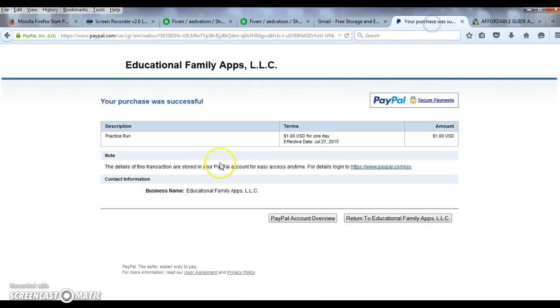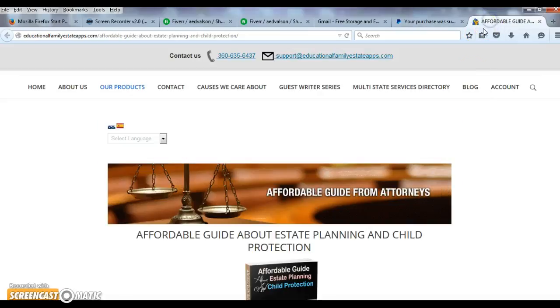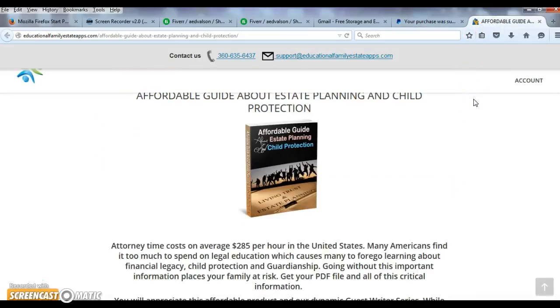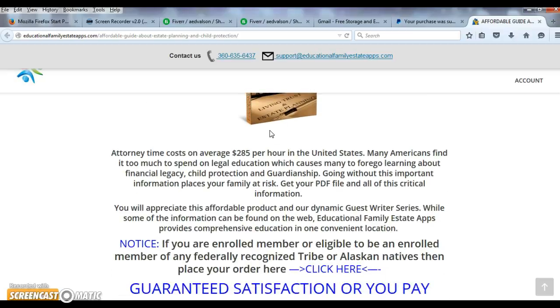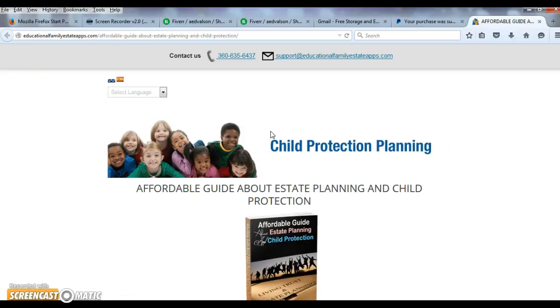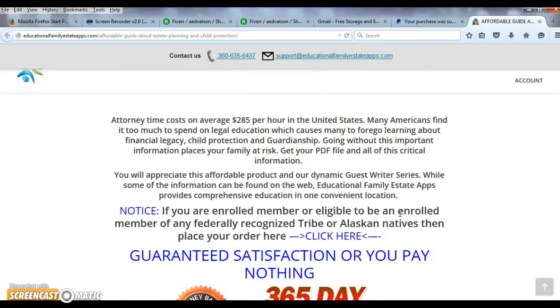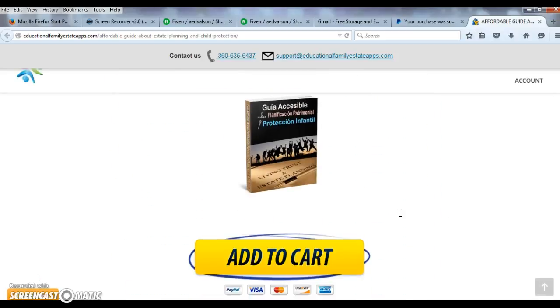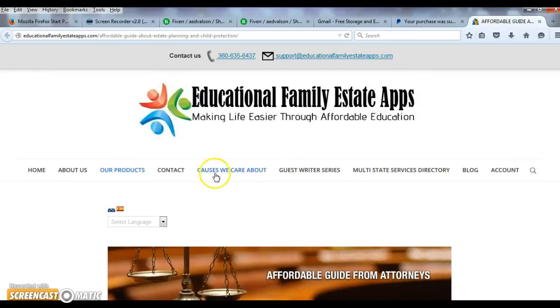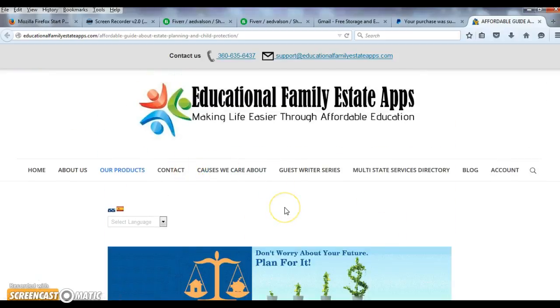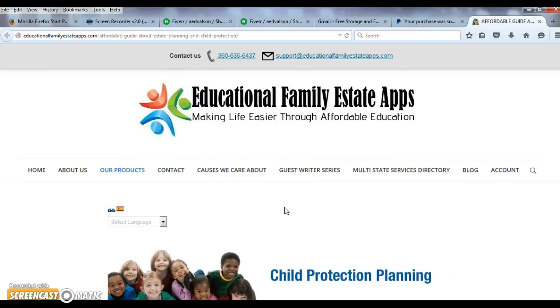Not only that, I want them to end up on a download page, but I also want them to get an email, a specific email for each product they bought. So if they bought the Spanish version, to say thank you for buying the Spanish version of the Affordable Guide about estate planning and child protection. If they got the English version, I would say that. If they got the American Indian version, I would say that, and it would include a download link